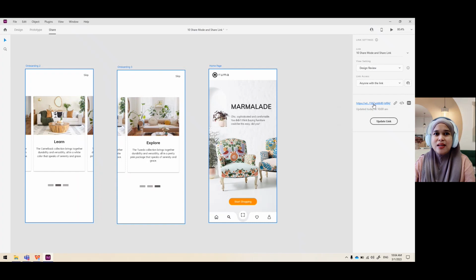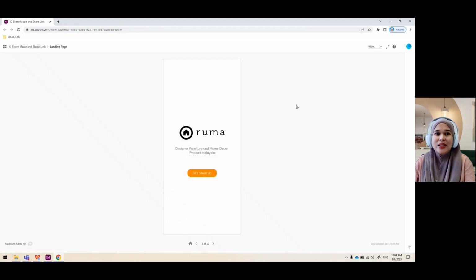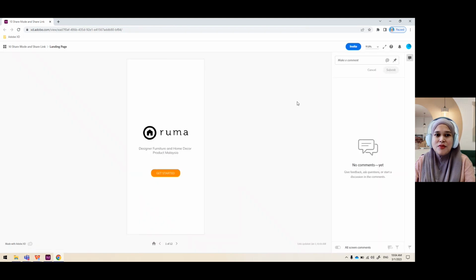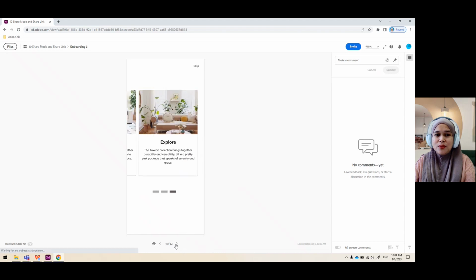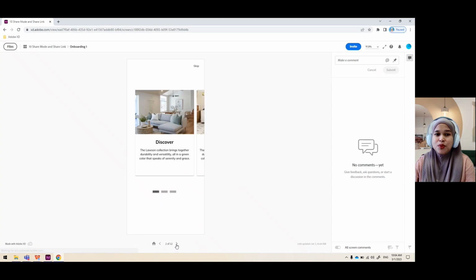Once I click at this, it will automatically open up in the browser. Give it some time to process all the interface that we have created before. So this is one of the interfaces that has been shown in this design. On the bottom here, it shows 1 of 12. You can either swipe to the left or the right